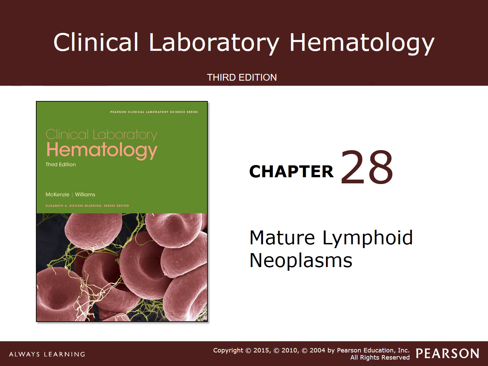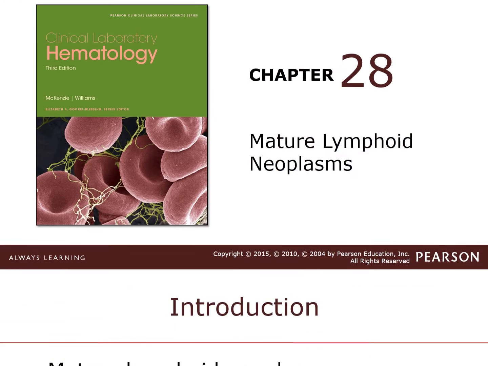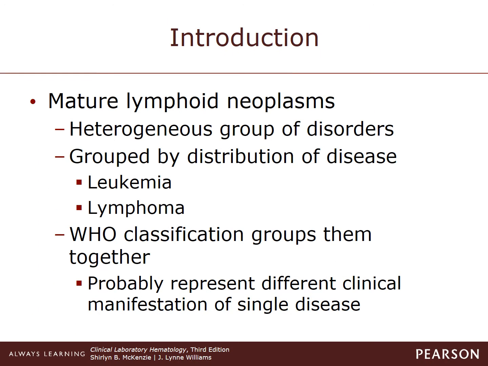Chapter 28, Mature Lymphoid Neoplasms. Mature lymphoid neoplasms represent a group of conditions that are divided into categories based on their disease, either a